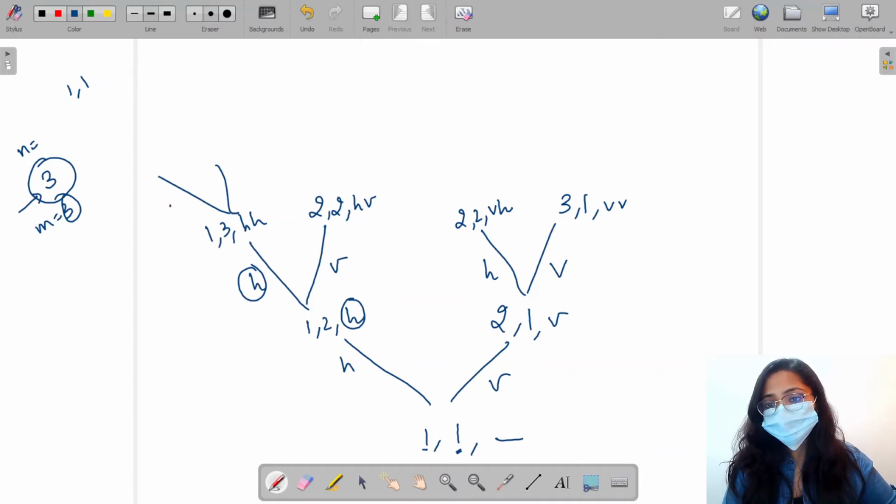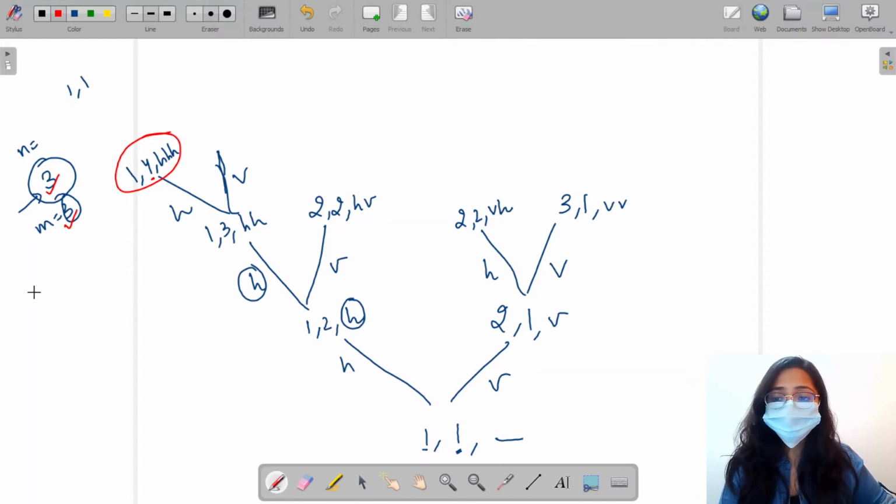From here, I can go horizontal or vertical. Now see, if I go horizontal from this point, it becomes 1, 4 and path becomes HHH. But I could only take 3 rows and 3 columns, which means that if I reach 4, I have exceeded my array and I have exited the array, right? So this is not the right case. So we have to terminate over here. Okay. After that, if I take for vertical, it becomes 2, 3 and path will become HHV.